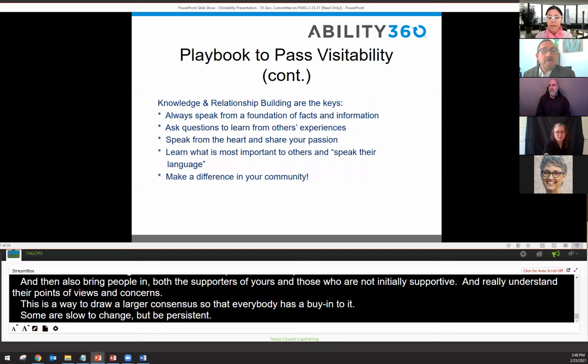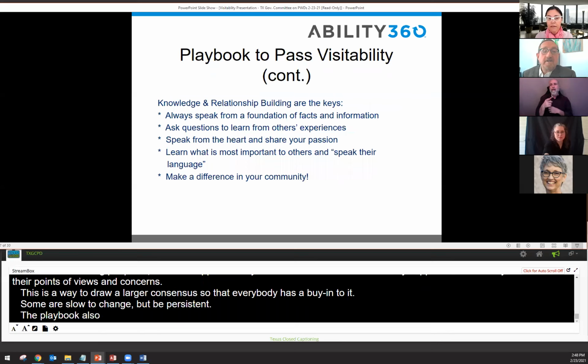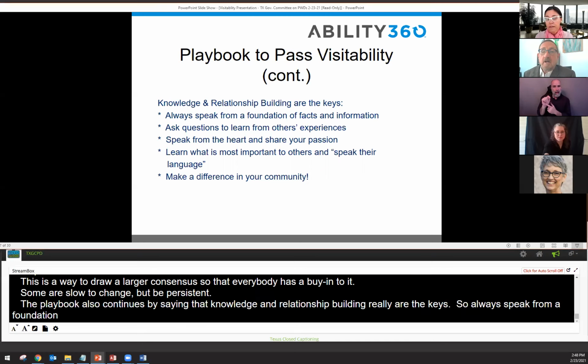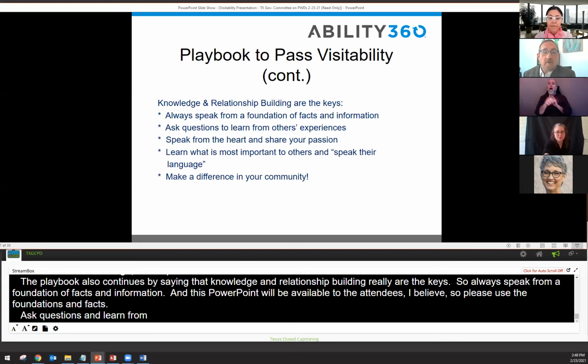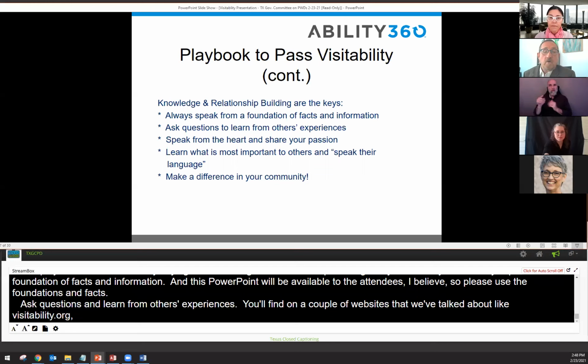The playbook also continues by saying that knowledge and relationship building really are the keys. So always speak from a foundation of facts and information. And this PowerPoint will be available to the attendees, I believe. So please use the foundations and facts. Ask questions and learn from others' experiences. You'll find on a couple of the websites that we've talked about, like visitability.org, there are other communities throughout the nation who've done this. Reach out to them and learn, ask questions, and speak from your heart and share your passion,